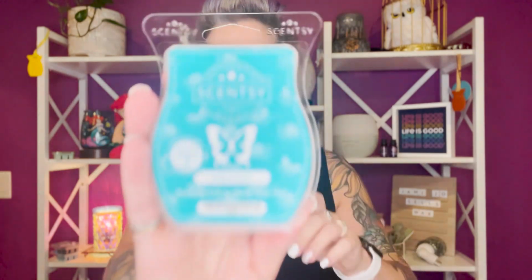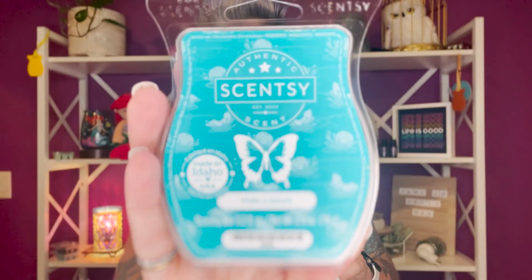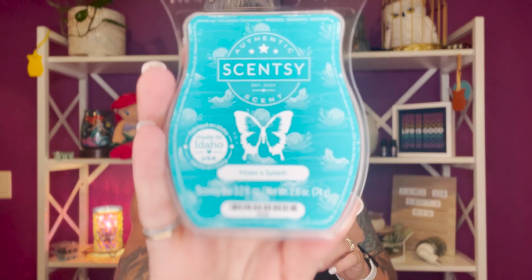And I'm so excited because it's two of my favorites. The first one that we got is Make a Splash, and my camera is not wanting to focus for you, but it is Make a Splash. Now, the reason Make a Splash is one of my favorite fragrances is because I chose Make a Splash specifically